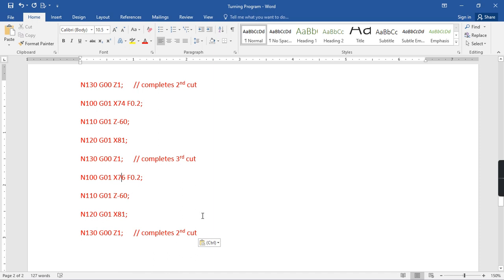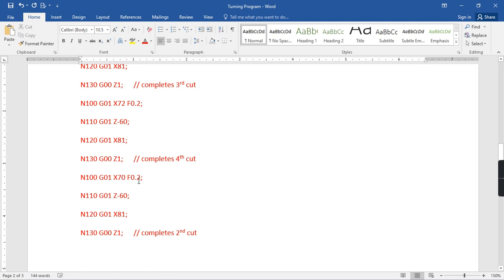Now again here it will be X72 F Z X, this all is same. This is fourth cut. Same way again I repeat X, it is 70, last cut, a finishing cut. Here I am also taking off the same width.